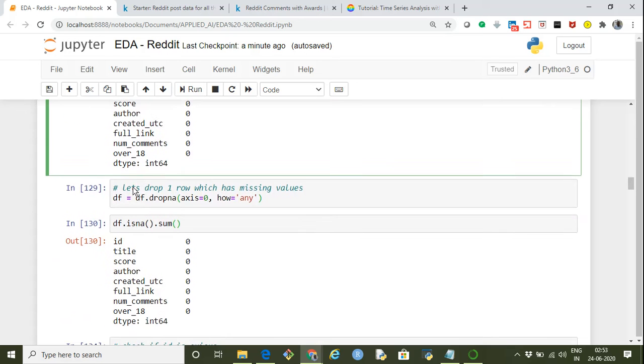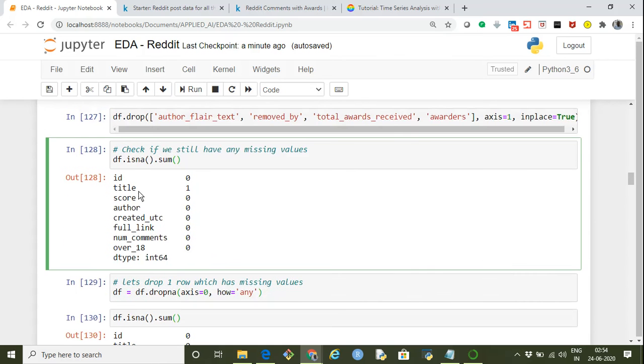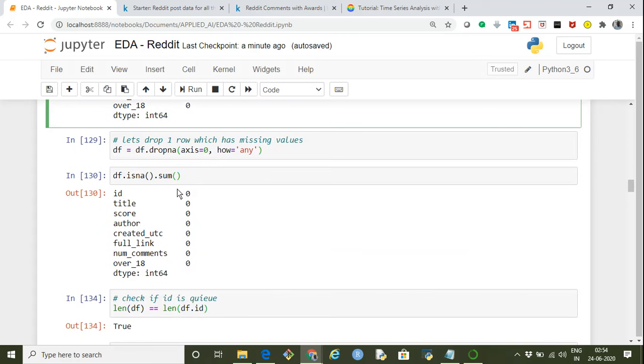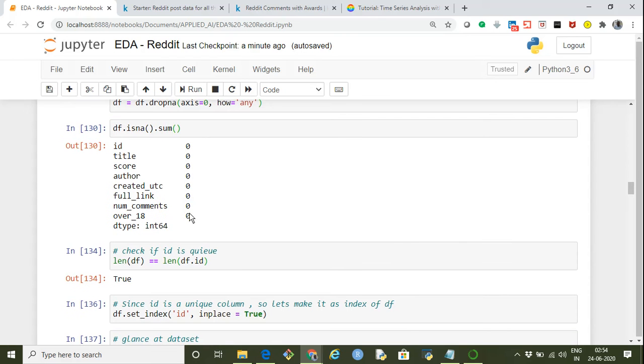So using df.dropna with axis equals 0, I remove that particular row in which any of the values is null. So it will remove that particular row where the title was missing. And if I cross check once again, now I see there is no missing data. Okay, now